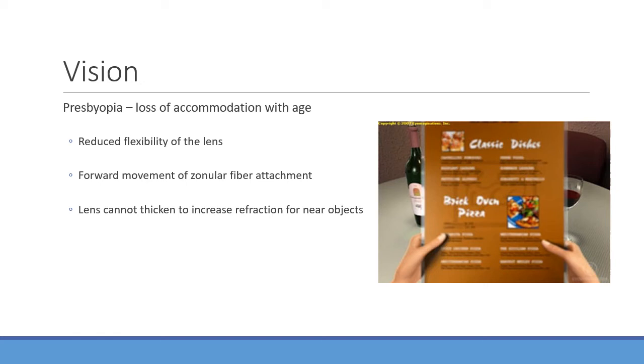So if you're nearsighted and then as you age and get this, would you also need reading glasses, or how would you accommodate? It might be something where you might need to change the prescription of the lens, I would imagine, or potentially if you have those bifocal lenses, right? So again, they have a part on the bottom that's going to be better for seeing things up close, essentially. However, you talk to an optometrist, they might be able to give you a much better answer than that. But yeah, I'd imagine either one could happen depending on the patient, how they're aging, and how things are changing. Yep.